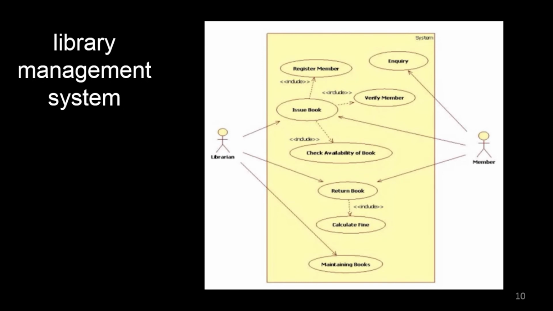Yes, calculating fine is only after the due date. But when you return a book, the librarian would check whether you returned it before the due date or after. If you returned it after the due date, then he is going to make you pay the fine. Okay, so that's why they have just shown it this way. But as you are saying, extend is also, I guess, the more applicable scenario for this particular returned book and calculate fine.